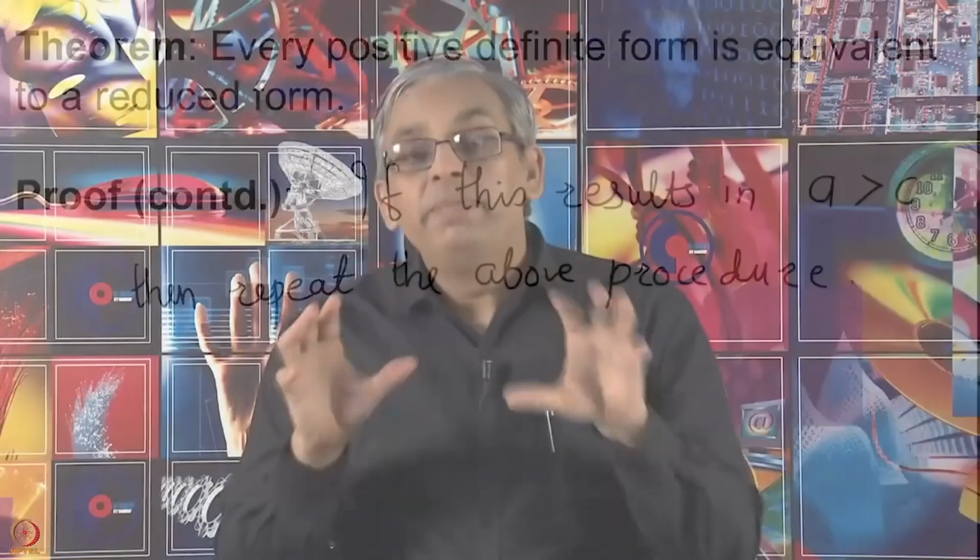So, let us look at what happens to A and C. We had A and C positive, A was bigger than C, therefore, we applied the Weyl element to make A smaller than C, and now we have A to be a smaller number. We made a change in B that resulted in C being smaller than A, but remember that C is again positive, C is not going to be negative. We have a form which is positive definite, and if you put x equal to 0, the value that you are going to get is cy square. If C becomes negative, you will get a negative value. So, C has to be positive.